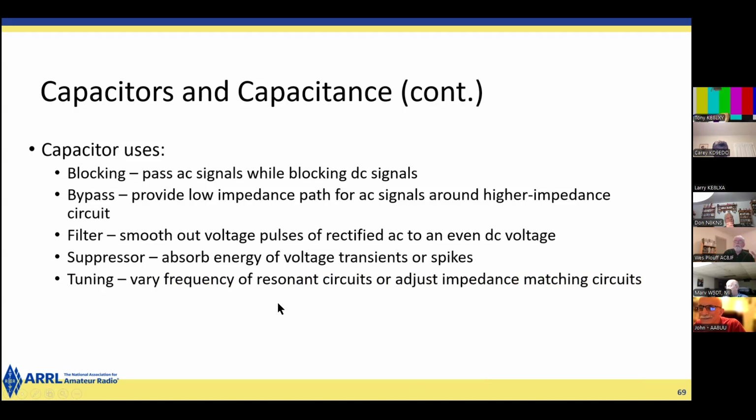And then a tuning capacitor. You can build circuits out of coils and capacitors, inductors and capacitors, that are resonant. In other words, they respond best at one frequency. And by changing either the inductance or the capacitance in the circuit, you can tune that circuit to be resonant at different frequencies. And the easiest way is usually a tuning capacitor,